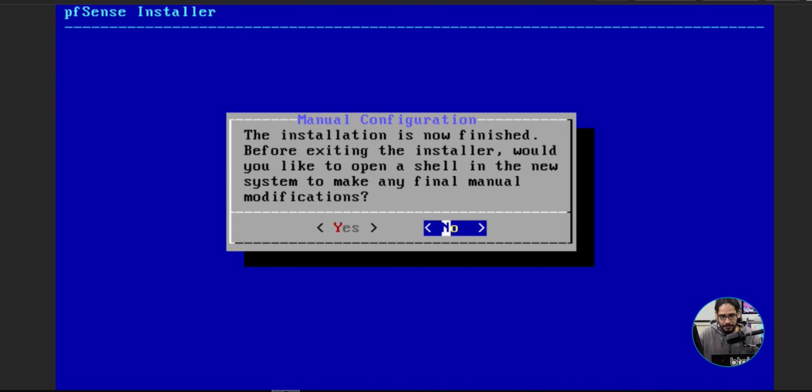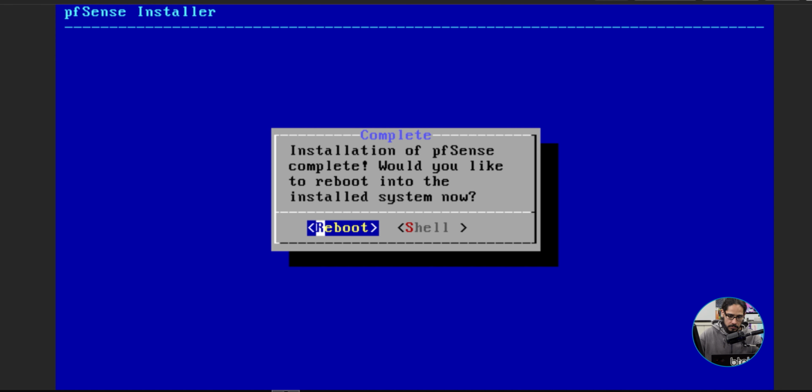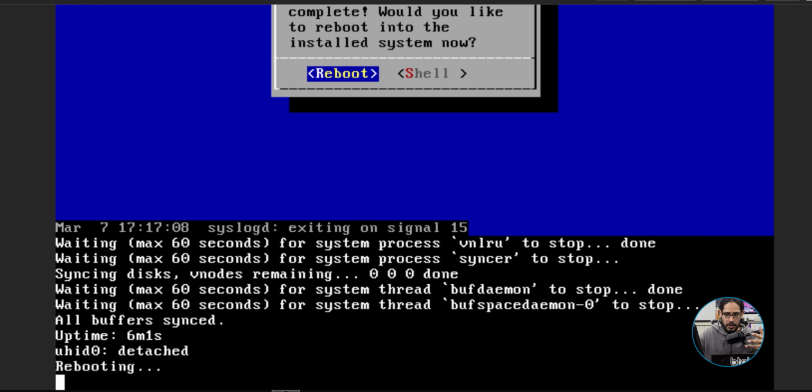Manual configuration installation is now completed. Again, hit the directional keys or just hit Y on the keyboard, which I did, and hit enter, and it's going to give you this. Finally completed. Time to reboot. You are able to hit R on the keyboard to reboot or just hit enter. I like to hit enter, so I hit enter, started rebooting, and that's it. That's like the basic installation of pfSense within Proxmox.